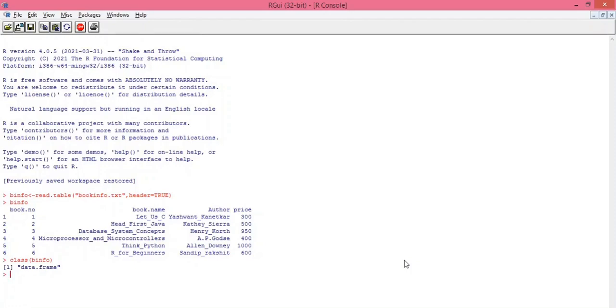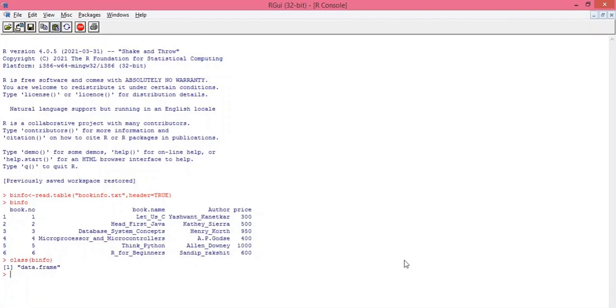Now you can perform all the operations on this imported data, all operations that are applicable on data frame. You can add new row, you can add new column, you can delete data, you can insert new data, or you can change the format, you can reshape format, like you can change this format into any other structure.